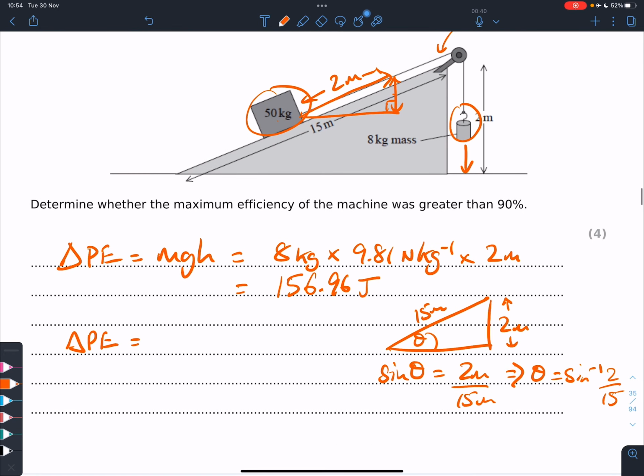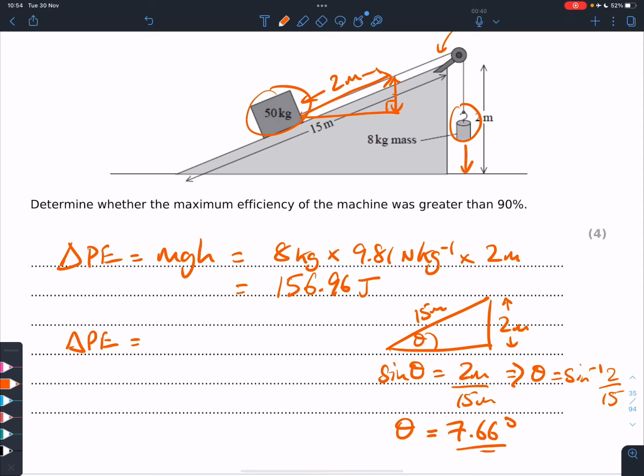So let's find out what theta is equal to. We don't actually need to do this because we can leave it as a fraction, but anyway, let's do it anyway. 2 divided by 15, and we will do the inverse sine,